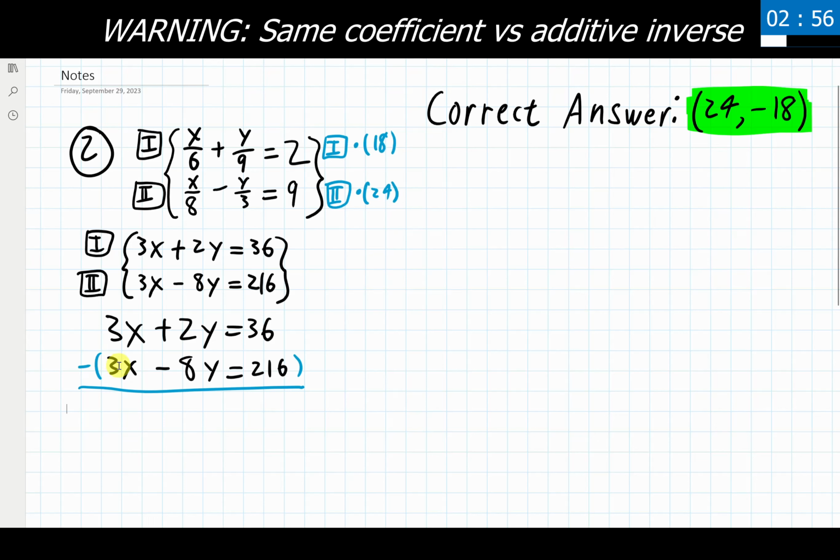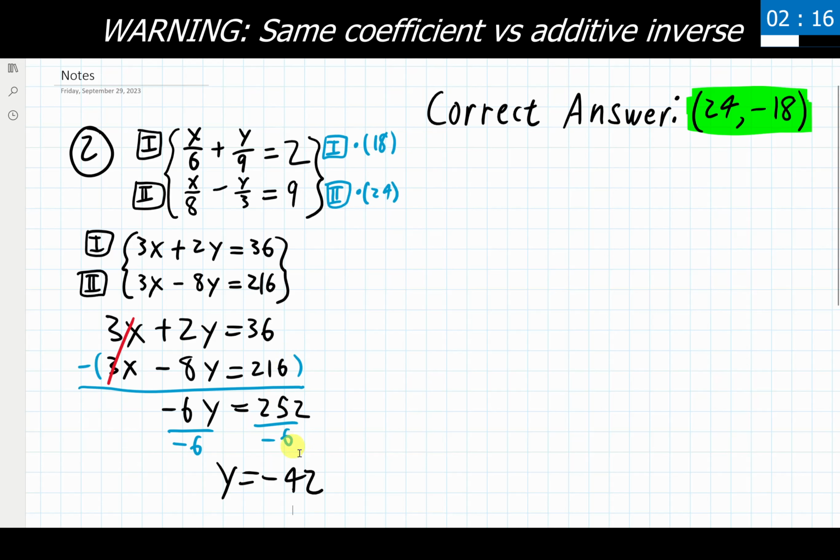Now 3x minus 3x is going to cancel out, and that will just give me 0 altogether. And now I'm looking at 2 minus 8. That's going to give me a minus 6y. And then I have 36 plus 216. Let me add those together, and that's going to give me 252. And then I go through and I would divide both sides by negative 6. And what do I get as my final answer? I'm doing the calculation off screen here. There we go. And I'm getting y is equal to negative 42.